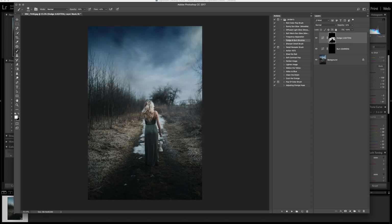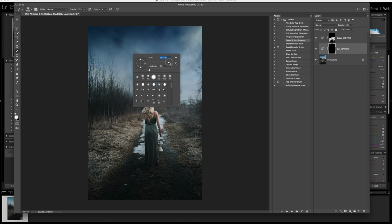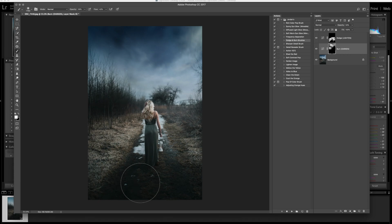I'm so sloppy, and I don't even care. Because you know what, guys? It works. It works for me. Okay, so then I go to my dark tool, kind of darken this up here. See, like on my Sigma, my